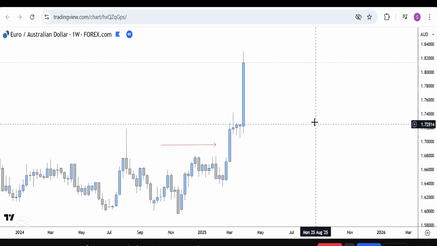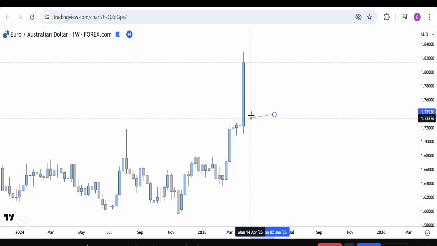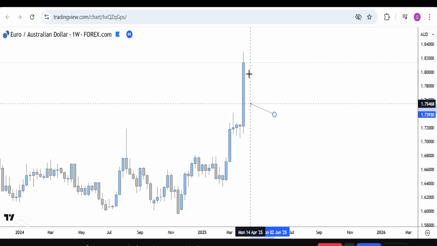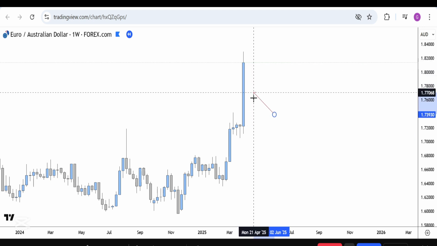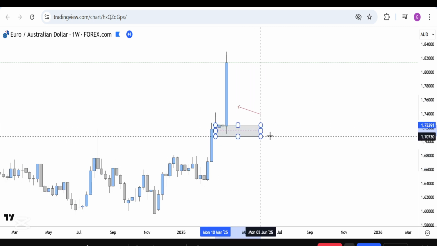The fact that the market is overextended to the upside and bound for a reversal, because price doesn't move in one direction, it moves in a series of waves, and so we anticipate the next move to the downside. And so now our role is to look for a potential area where we could get a setup within the range of this strong bullish momentum candle, which closed as an engulfing, completely engulfing this previous bearish candle here,